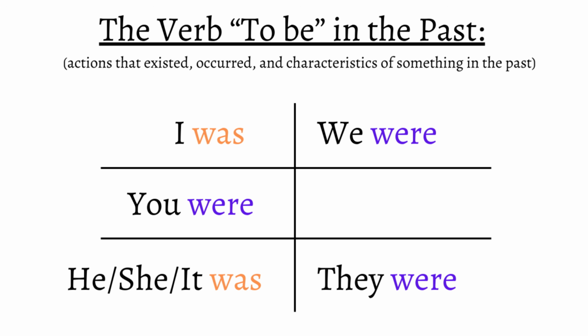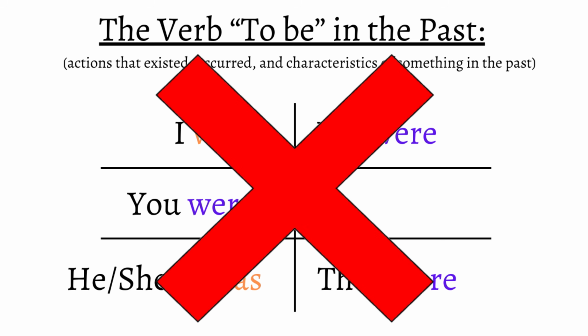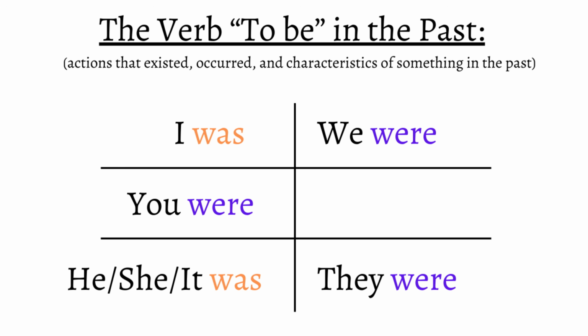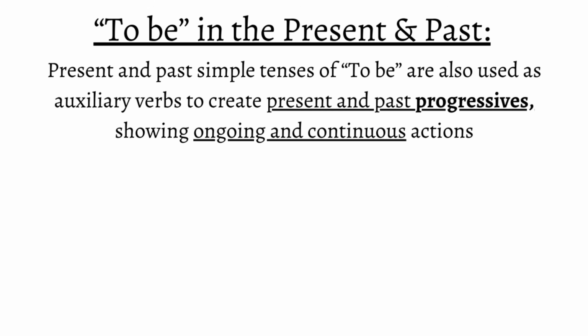In this case, contractions will not work because it would be impossible to tell the difference between present and past contractions. Therefore, English doesn't allow it. Anyhow, in the past simple tense, to be refers to actions that existed, occurred, and characteristics of something in the past. Most importantly, the present and past simple tenses of to be are also used as auxiliary verbs to create